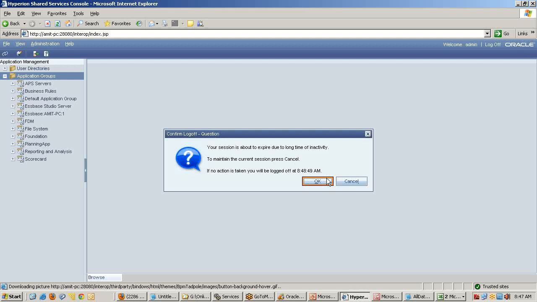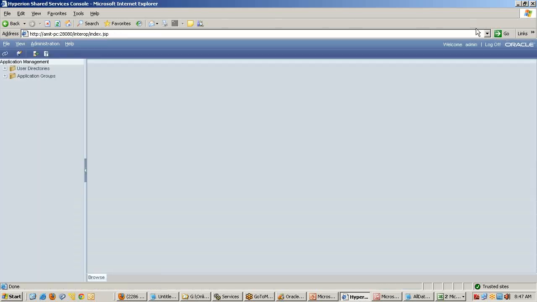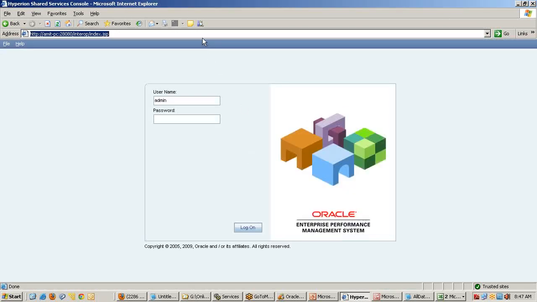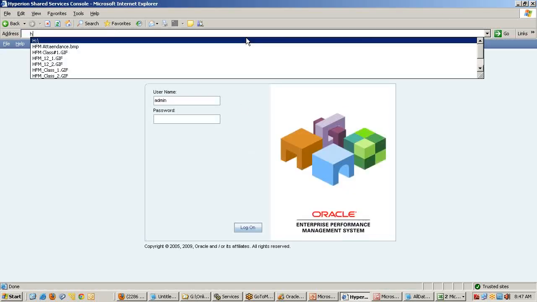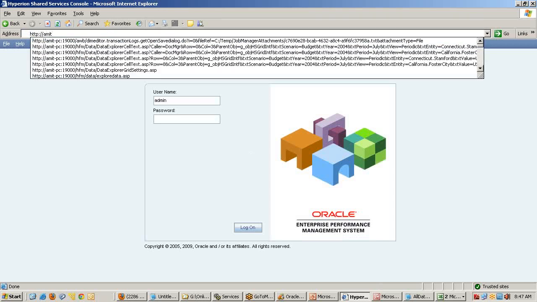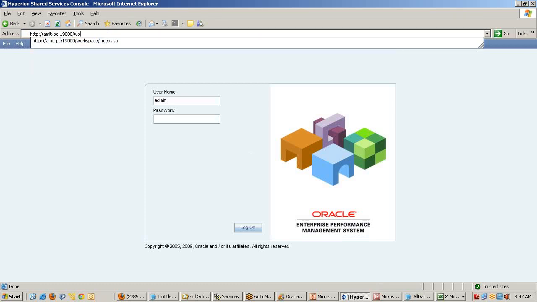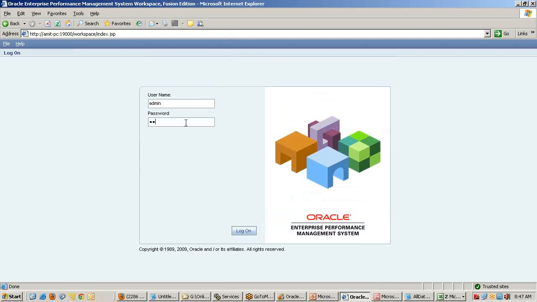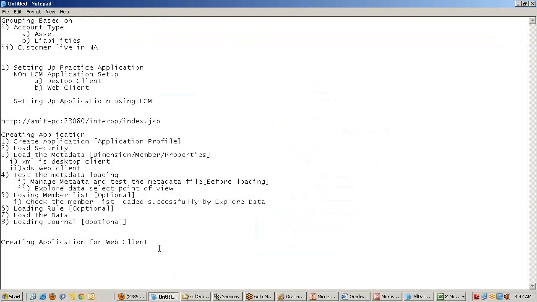So log into your workspace. This is the URL for the workspace. So step first, log into workspace.